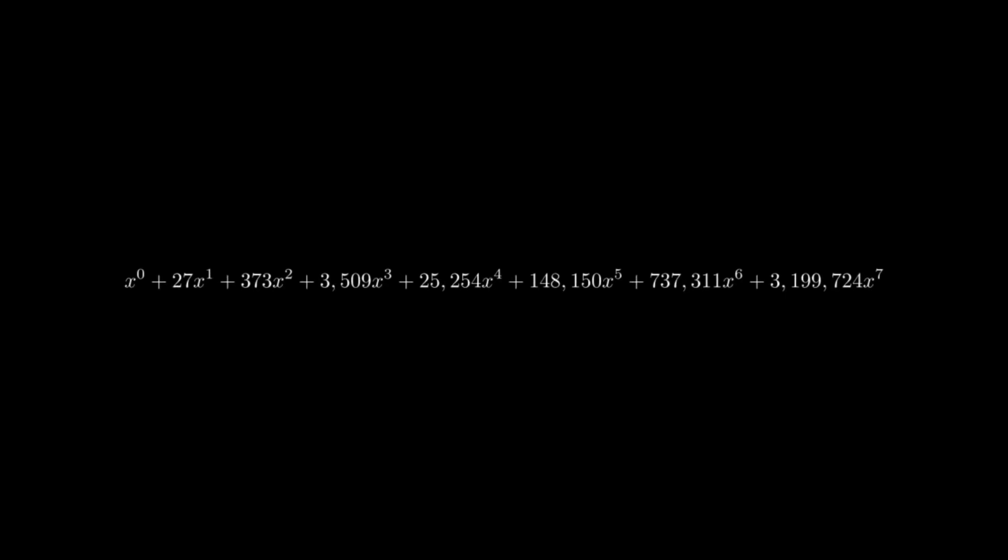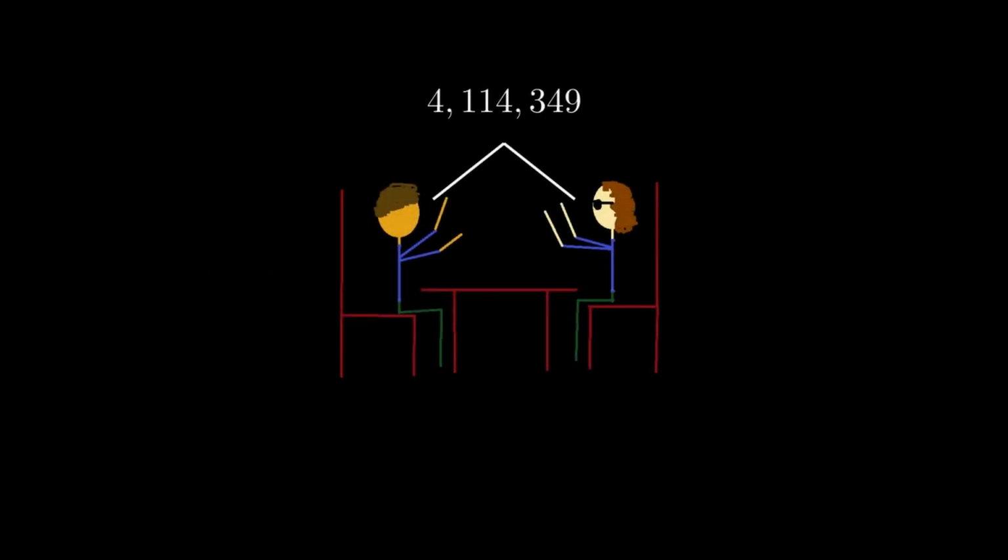You can just get Wolfram Alpha to do all of the grunt work for you. Our final generating function, up to the 7th power, will be this. Near the end of the game, you'll start to run out of tiles in the bag, and so your rack can have a length less than 7. What's great about this approach is that we don't have to recalculate to find the number associated with a rack shorter than 7, it's all included in the expansion. So, for the number of unique racks to include all situations, we just need to add each of these coefficients up, which gives 4,114,349 unique Scrabble racks.